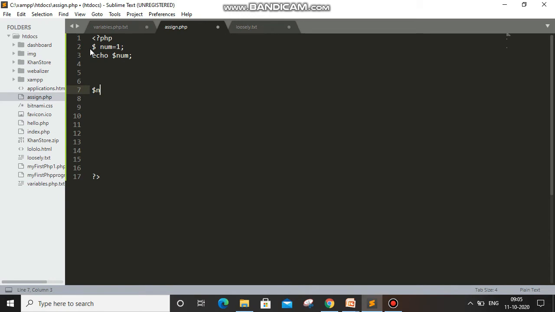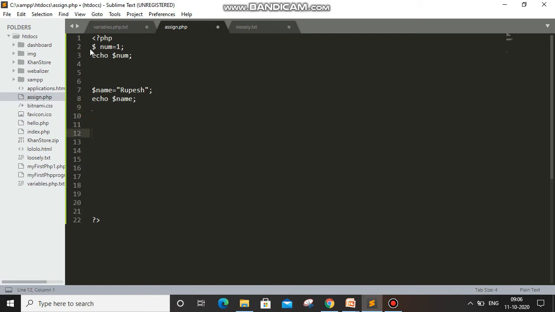Then $name, and you have to give any string type value. I will give rupees, and the semicolon is very important. And echo, which is used for printing the things which we want to print. Here we have stored rupees in the name variable, so we will print the name.